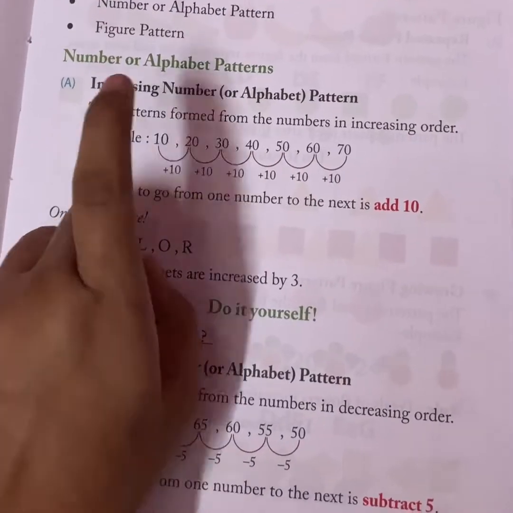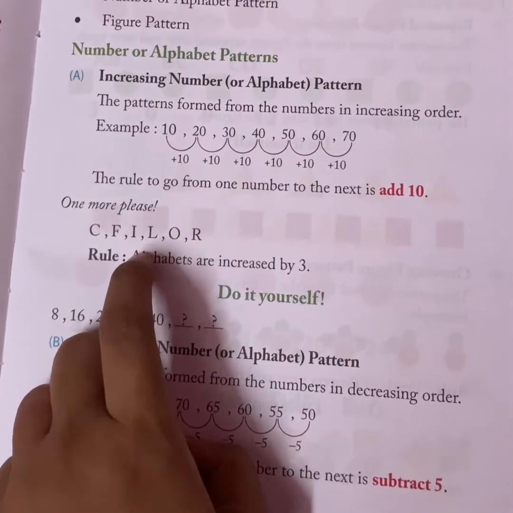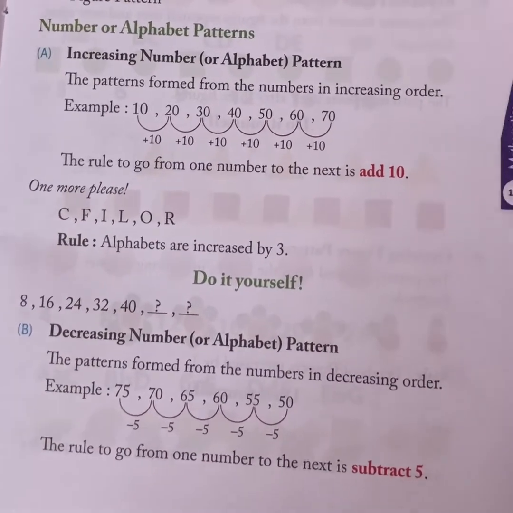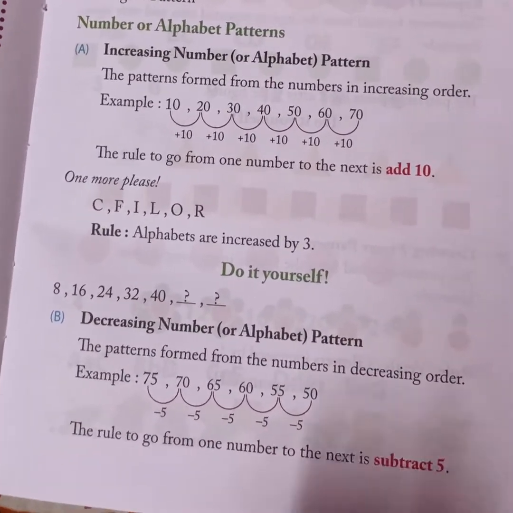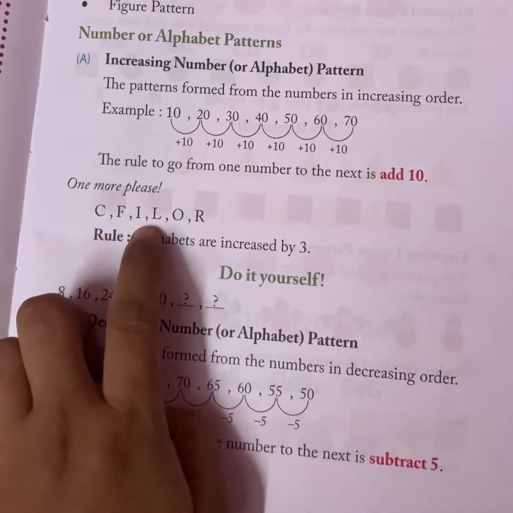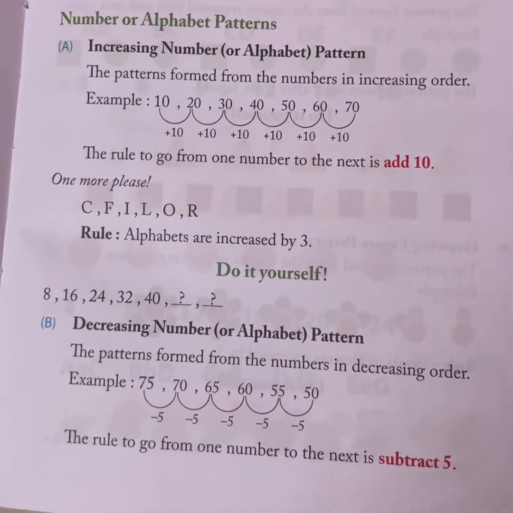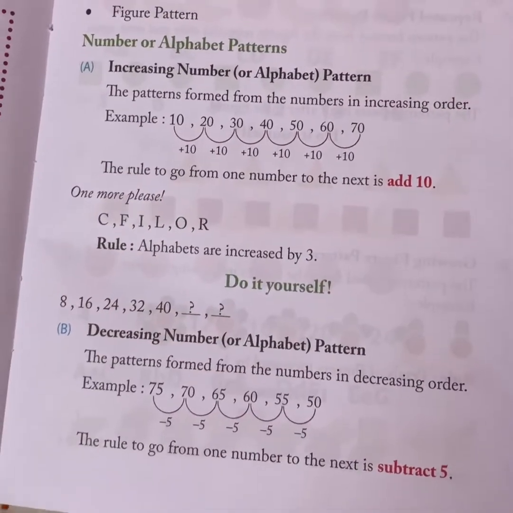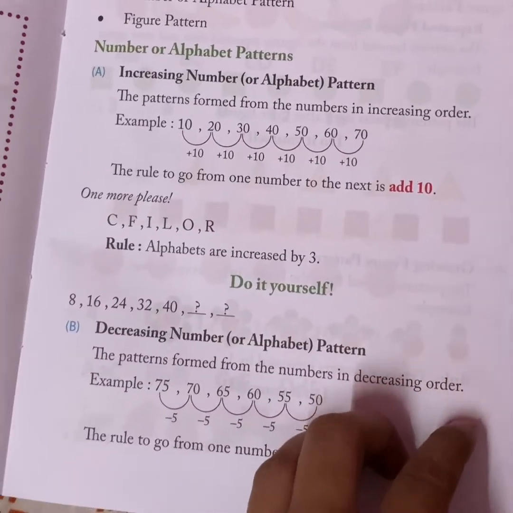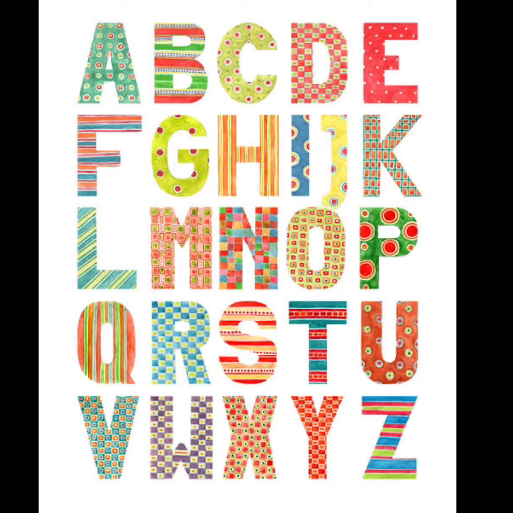They have taken the example of a number pattern. Now we are taking the example of alphabets. We all know that we have 26 alphabets in English. So they have taken C, F, I, L, O, R. Now students, you all know we have 26 alphabets, and all those alphabets are in a sequence, meaning we have alphabets from A to Z and they are all arranged in a sequence: A, B, C, D, E, F, G, H, I, J, K, L, M, N, O, P, Q, R, S, T, U, V, W, X, Y, Z. I cannot write B at first. They all are in a proper sequence.